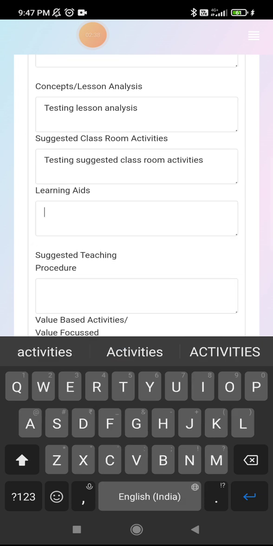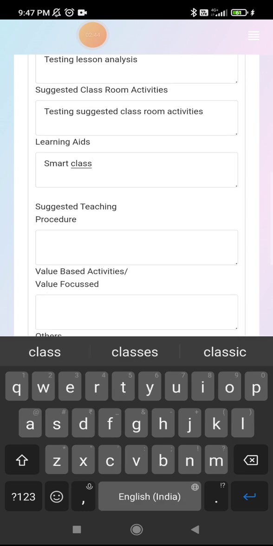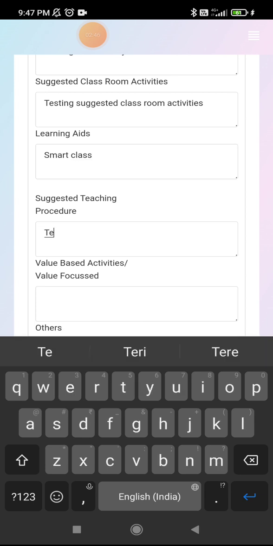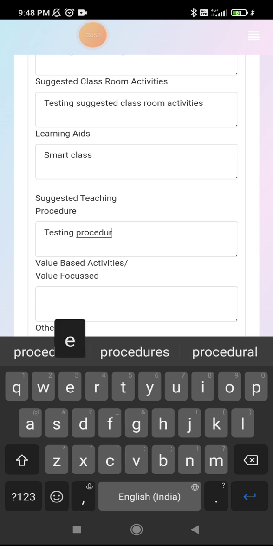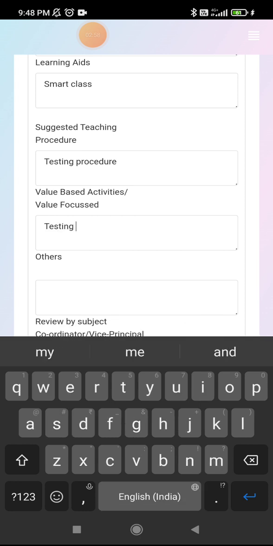Like this. Then the learning aids, if you want to add anything, and the suggested teaching procedure. Then value based strategy, whatever you want to fill, just type it here.